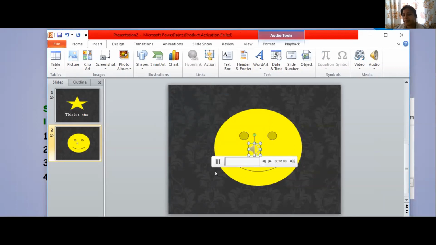Good morning, children. How are you all? I hope you are doing great. And the chapter which we are learning today is slides, themes, and animations. This is about how you can give animations to your slides, provide transitions to your slides, and talk about the different themes on it.